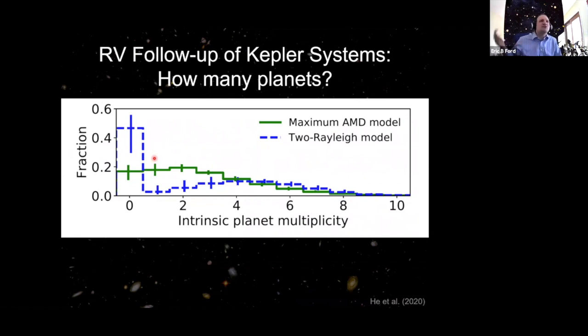Okay. And so I was going to talk about this in the context of what radial velocity surveys might see, but it might help to compare how many planets are actually between 3 and 300 days in these systems. And so the two population model in blue here shows you have a lot of stars that have no planets. And of those that do, they typically have 4 or 5 planets in this 3 to 300 day range. And then some of those have low mutual inclinations and explain the multis. Some of those have high mutual inclinations that explain the singles. But that's not the only scenario.